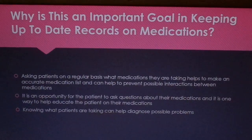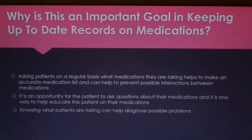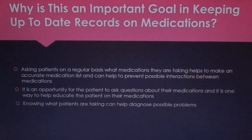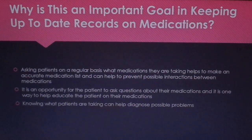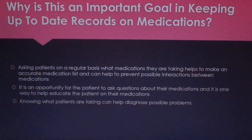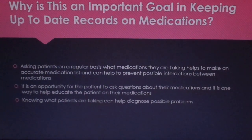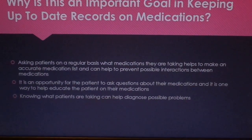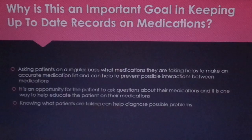And why is this an important goal in keeping up-to-date records on medications? So doctors are sometimes changing medications a lot for some patients, depending on their problem list. So keeping an up-to-date status on what the patient is taking, which includes supplements and any other herbal remedies of whatever kind they're taking, is important because sometimes those medications and supplements can interact with the medications that the doctor